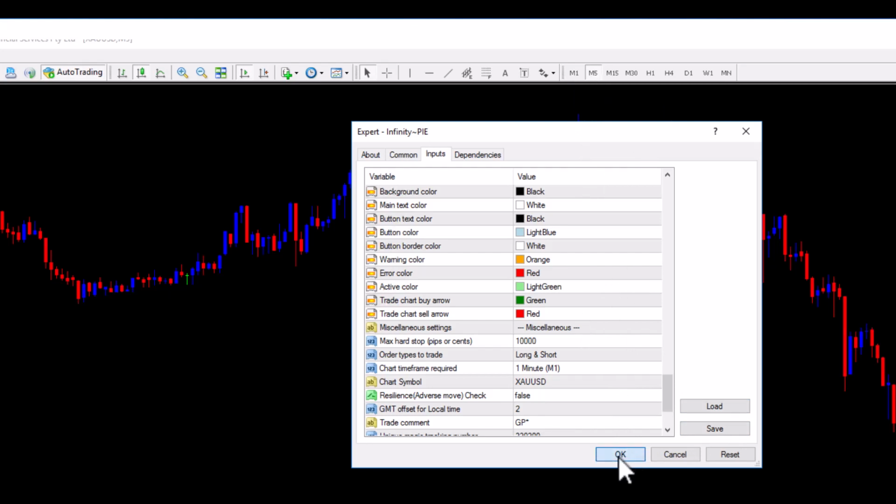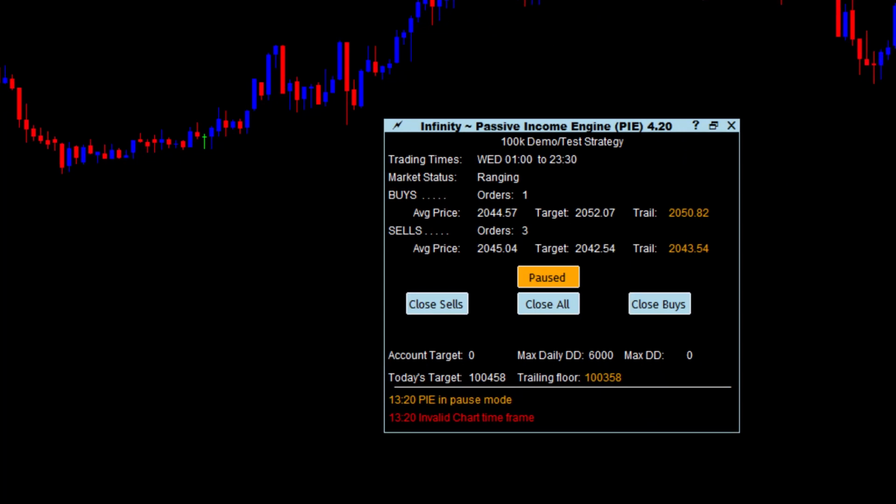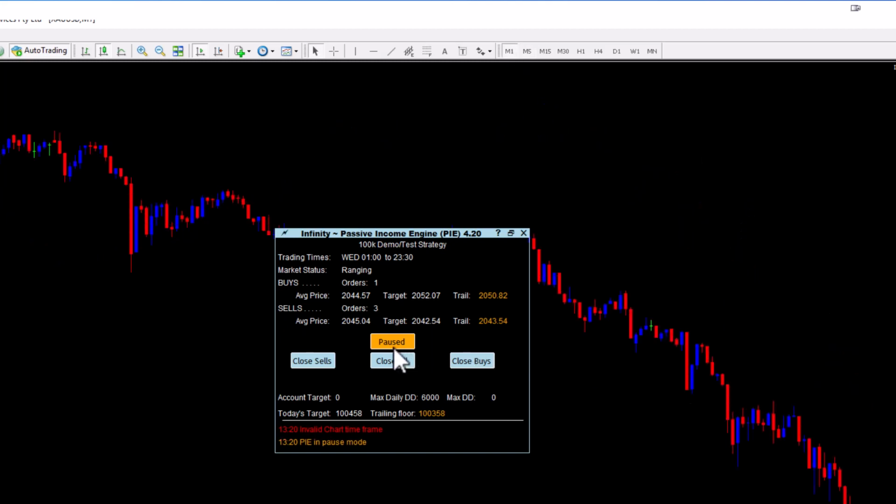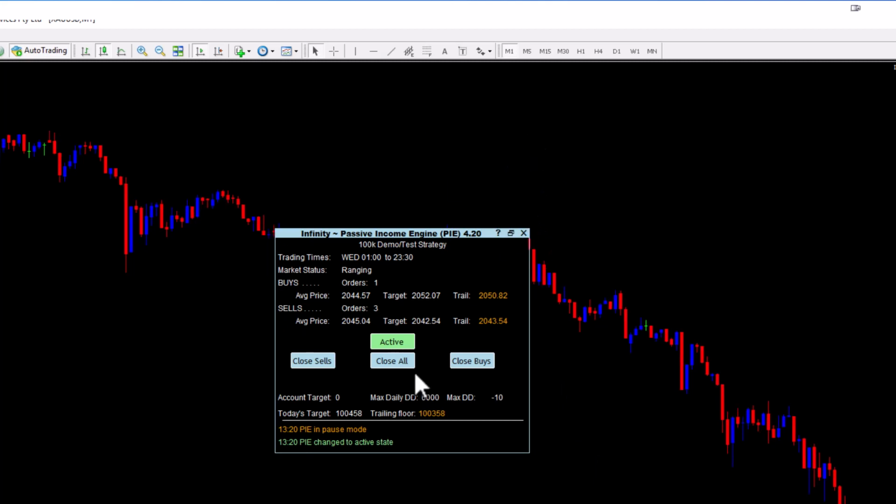So if you press OK, you'll straight away see it's going into pause mode, because it said invalid chart time frame. So I need to attach this to the correct chart. If I change that to M1, and then I can click pause there, it takes it off pause and goes to active. You could change Pi to active. Now, again, if I just show you this again, say if I attempted to go to incorrect time frame again,